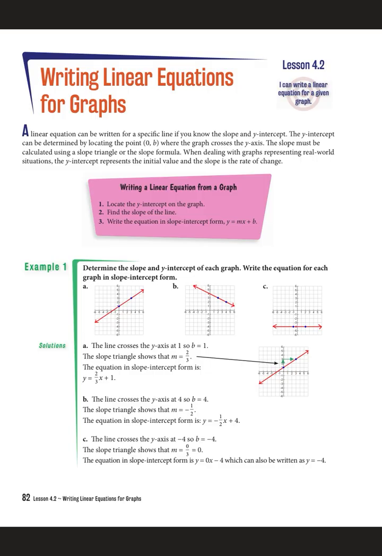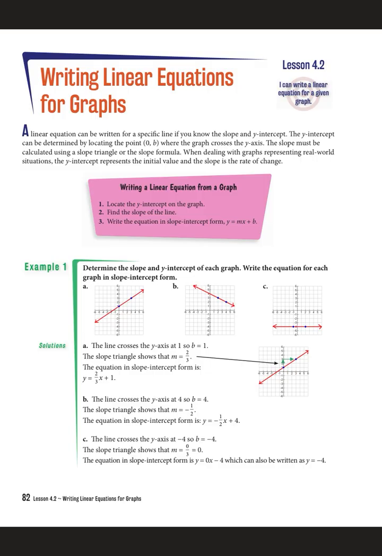So on the top of your page, it says a linear equation can be written for a specific line if you know the slope and the y-intercept. The y-intercept can be determined by locating the (0, b) coordinates where the graph crosses the y-axis. The slope must be calculated using the slope triangle or the slope formula. When dealing with graphs representing real-world situations, the y-intercept represents the initial value and the slope is the rate of